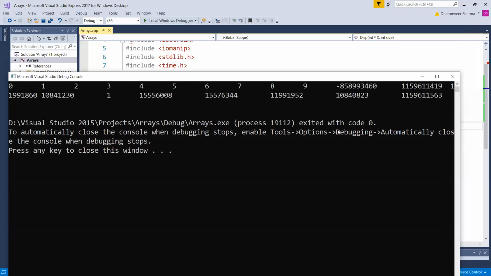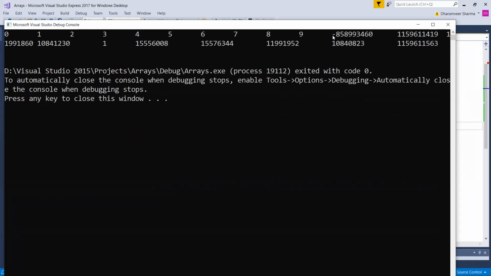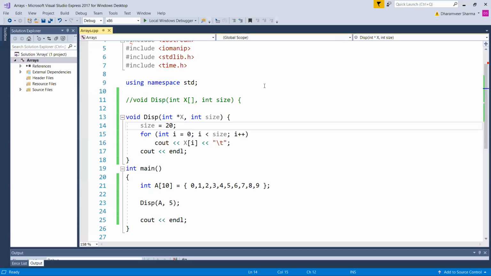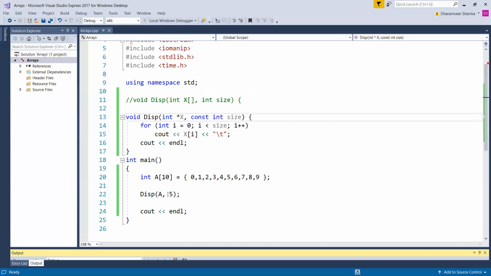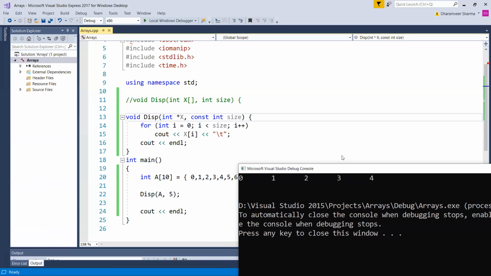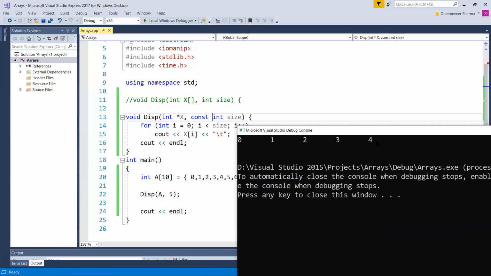10th value, क्योंकि array ਦਾ size ਹੀ 10 ਹੈ, ਉਸ ਤੋਂ ਅੱਗੇ ਤਾਂ values ਹੈ ਨਹੀਂ, ਤੋ ਉਸ ਤੋਂ ਅੱਗੇ ਜਾ ਕੇ ਇਹ random values ਕੋਈ pick ਕਰਕੇ display ਕਰ ਦੇਗਾ, some garbage values are there. so to restrict this ਕਿ ਐਸਾ ਨਾ ਹੋ ਸਕੇ, ਚਾਹੇ ਗਲਤੀ ਨਾਲ ਹੈ ਚਾਹੇ ਜਾਣਬੁੱਝ ਕੇ ਹੈ, ਅਸੀਂ ਇਸ ਨੂੰ constant declare ਕਰ ਦਾਂਗੇ। ਜੇ constant declare ਕਰਤਾ, ਫਿਰ ਇਹਦੀ value function ਦੇ ਵਿੱਚ change ਨਹੀਂ ਹੋ ਸਕਦੀ, ਉਹ fixed ਰਹੇਗੀ। ਜੋ ਤੁਸੀਂ argument pass ਕਰਿਆ ਹੈ ਉਹੀ value ਇਸ ਦੀ ਬਣੇਗੀ, ਹੋਰ ਕੋਈ value ਨਹੀਂ ਬਣ ਪਾਏਗੀ। ਹੁਣ clear ਹੈ ਬੱਚੇ? Yes, sir. ਓਕੇ।